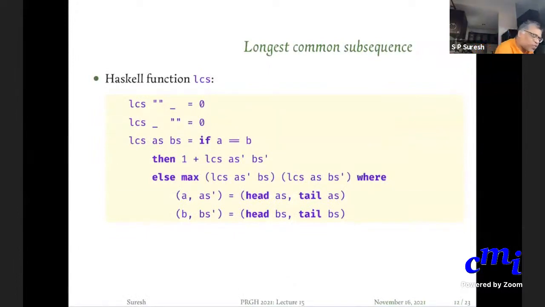So LCS of the empty string and anything is 0, because there is no subsequence at all. The longest common subsequence of the empty string is the empty string itself. LCS of anything and the empty string is 0. But if you come to LCS of A's and B's, then let us say A comma A's prime is the head of A's and tail of A's, B comma B's prime is the head of B's and tail of B's. Then what we are saying is that